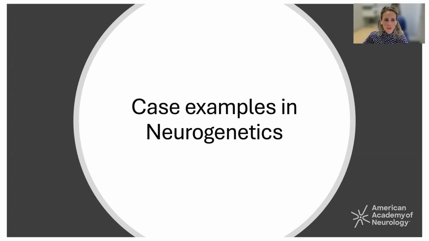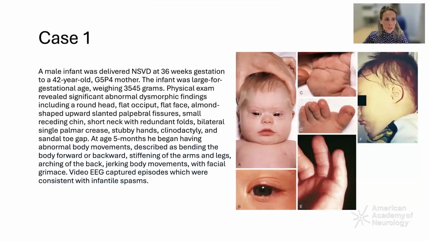Okay, so now moving on to some cases to help illustrate these examples and principles. So case 1, a male infant was delivered vaginally at 36 weeks gestation to a 42-year-old G5P4 mother. He was large for gestational age, weighing 45 grams. Physical exam revealed significant dysmorphic findings, including a round head, flat occiput, flat face, almond-shaped upward slanted palpebral fissures, small receding chin, short neck with redundant folds, a single bilateral palmar crease, stubby hands, clinodactyly, and this sandal toe